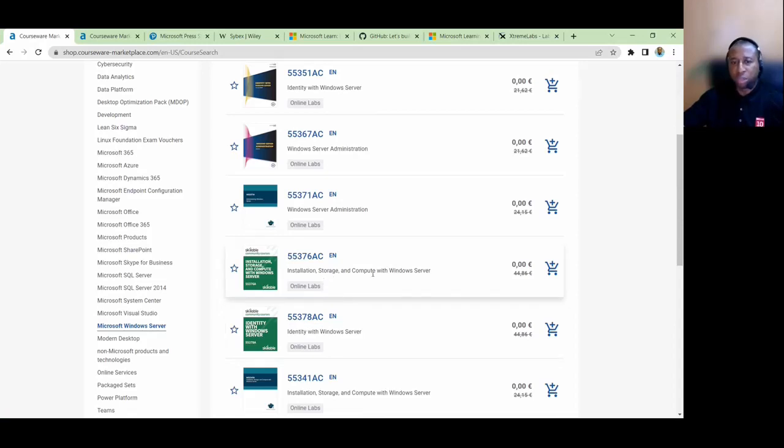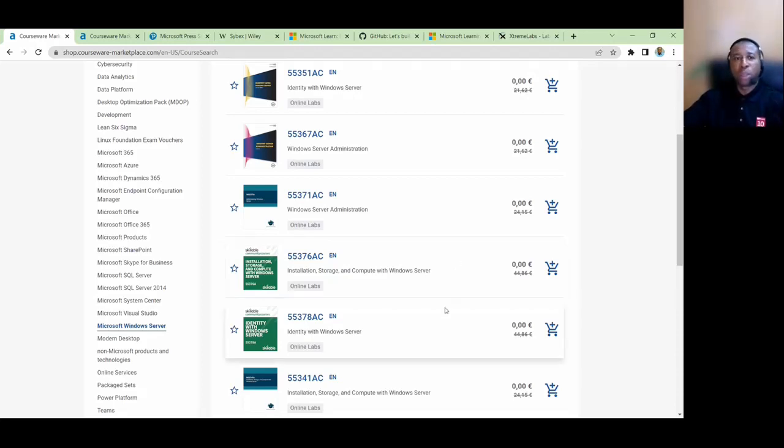So we see Installation, Storage. This is 55376. This is another course on installation, and this is using a different number. So most likely they were written by different authors. This was written by Scalable. This was written by another author. What this means is that it provides us the flexibility of choosing from these different options. So you can display them, check the content, and pick the one that is most suited to what you want to do.